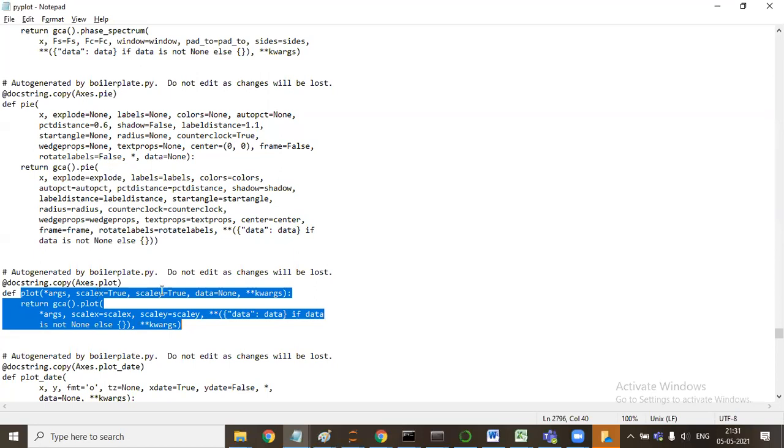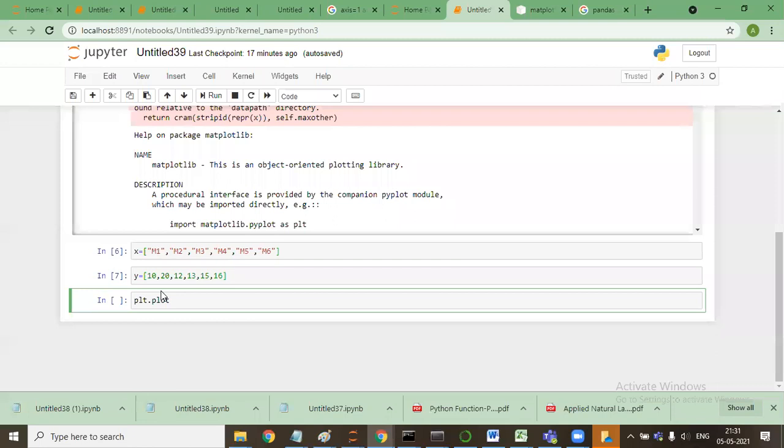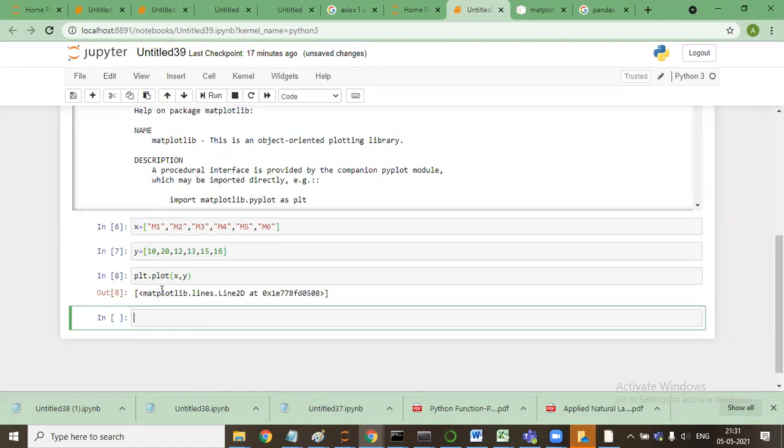If I simply say x comma y and press shift enter, it will plot.